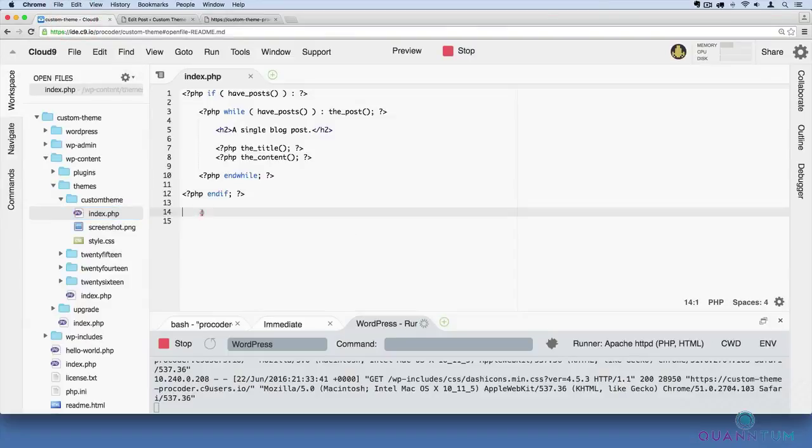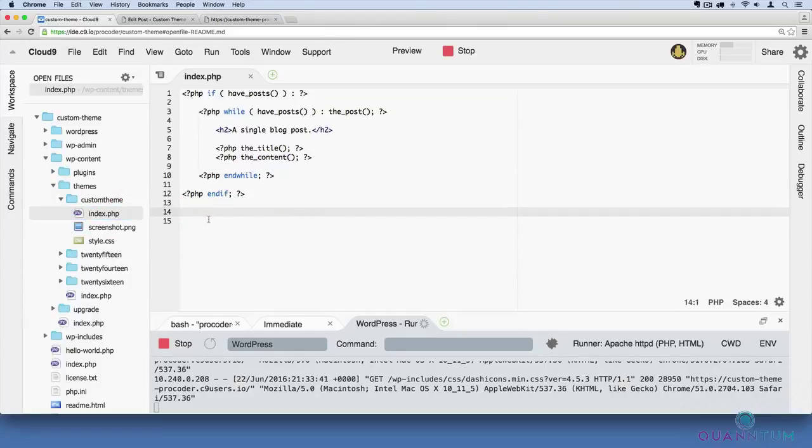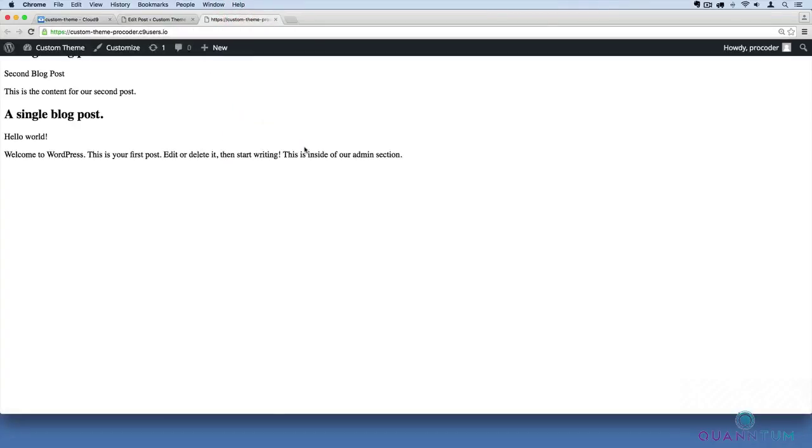You just go over here to kind of the bottom of your index.php file, the one that we're working on, and you could add a line of code that says PHP and then wp_footer. So again, this is another one of those special functions that comes from WordPress. If I save this, so Command S on a Mac, Control S on Windows to save, and make sure your server is running, if you go over here and refresh, there, now you've got that admin bar,